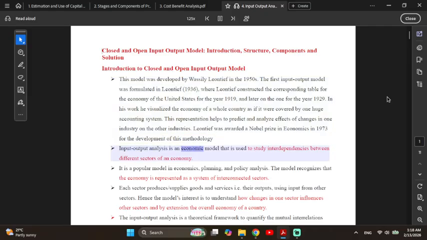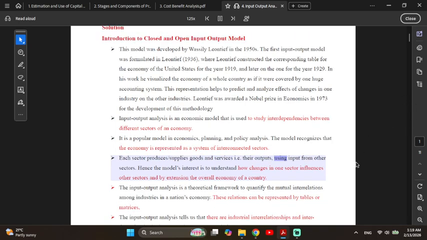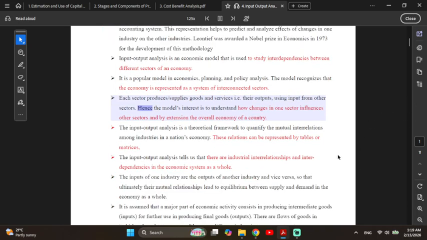Input-output analysis is an economic model that is used to study interdependencies between different sectors of an economy. It is a popular model in economics, planning, and policy analysis. The model recognizes that the economy is represented as a system of interconnected sectors. Each sector produces and supplies goods and services, i.e. their outputs, using input from other sectors. Hence the model's interest is to understand how changes in one sector influence other sectors